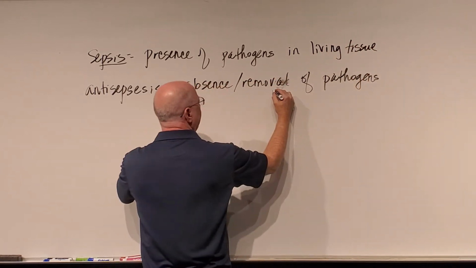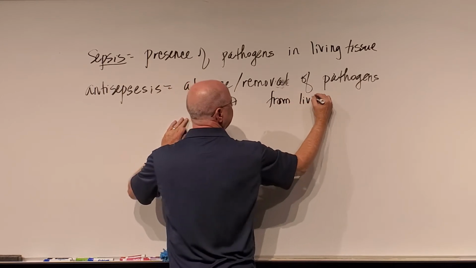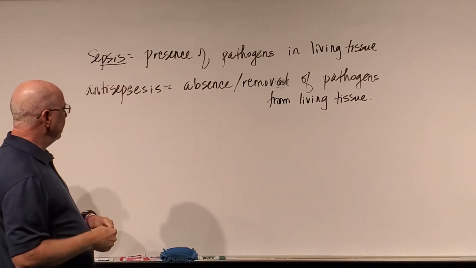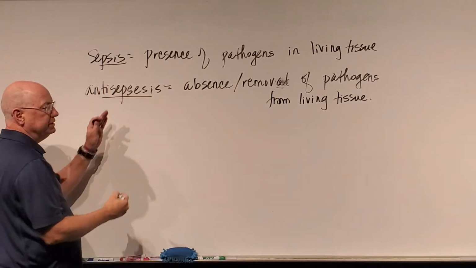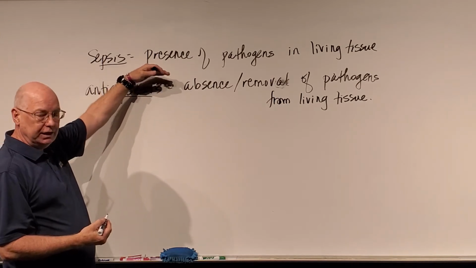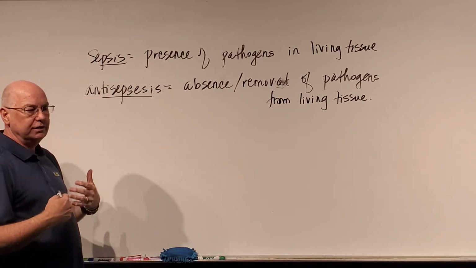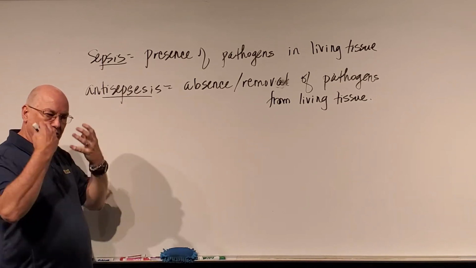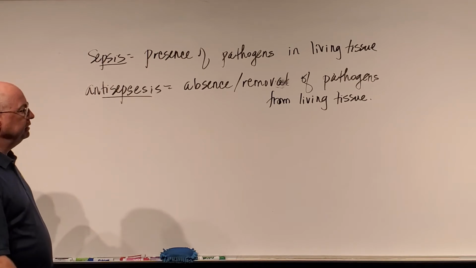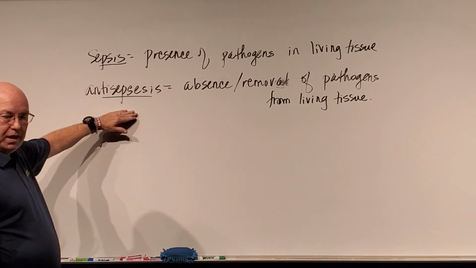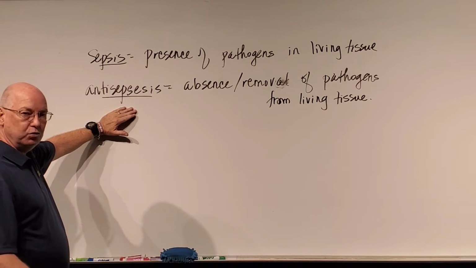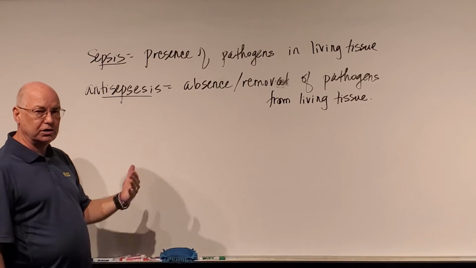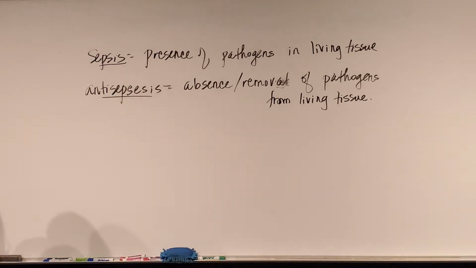And this is the removal or absence of pathogens from living tissue. So if I say that I'm going to have an antiseptic, that means that antiseptic is going to be able to kill any pathogen or bacteria or microbes that are present on the living tissue. Like an antiseptic mouthwash will kill or remove a lot of the bacteria, or the pathogens, that are present in your mouth. Or if we use an antiseptic on a wound, and sepsis simply means that I have pathogens present in the wound. So if a wound has gone septic, you know there's pathogens present and it's causing some